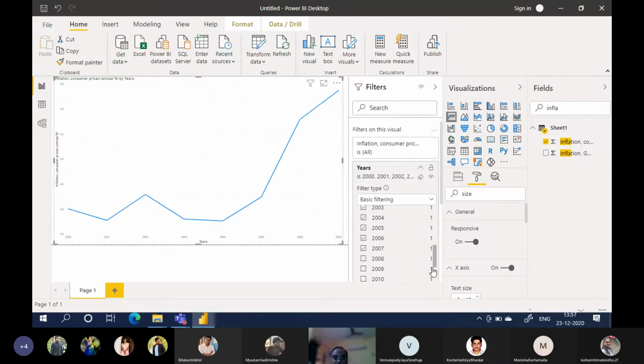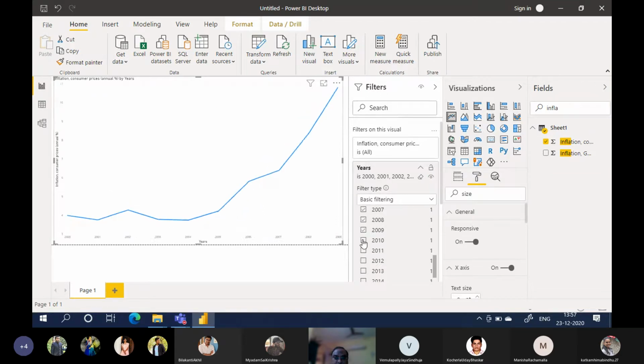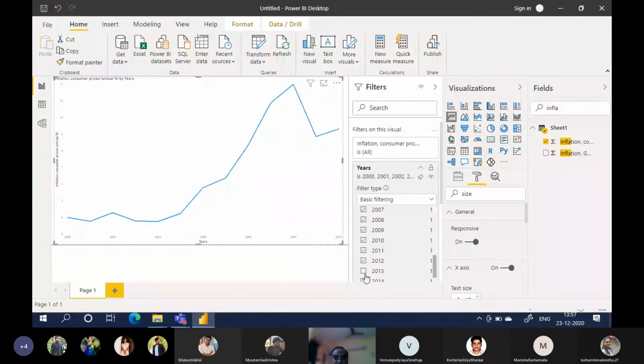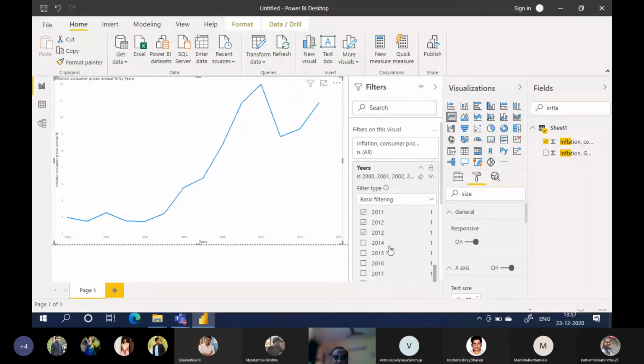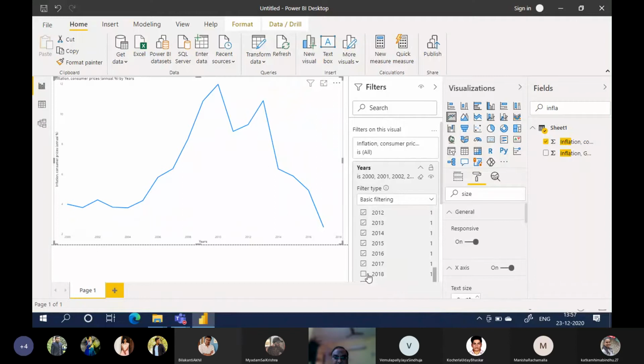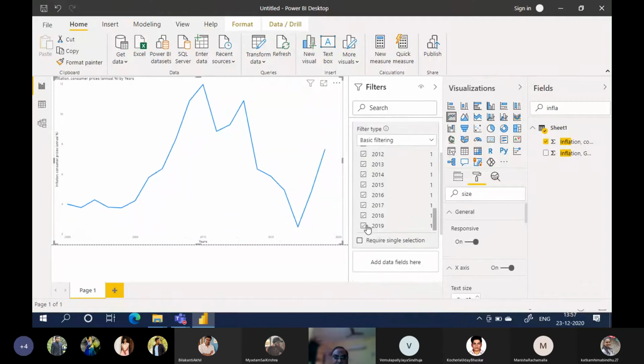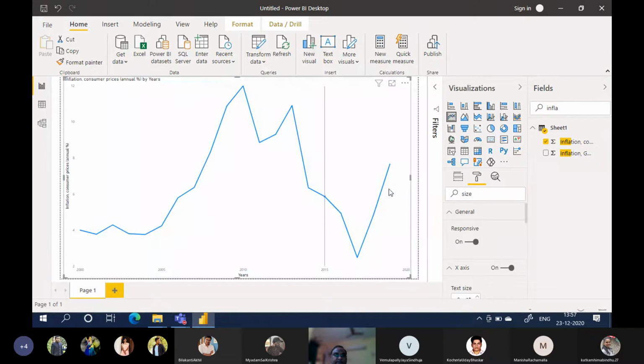7, 8, 9, 10, 11, 12, 13, 14, 15, 16. Just click the years which we want. We are starting from 2000 to 2019. Now we have the data from 2000 to 2019. Right?